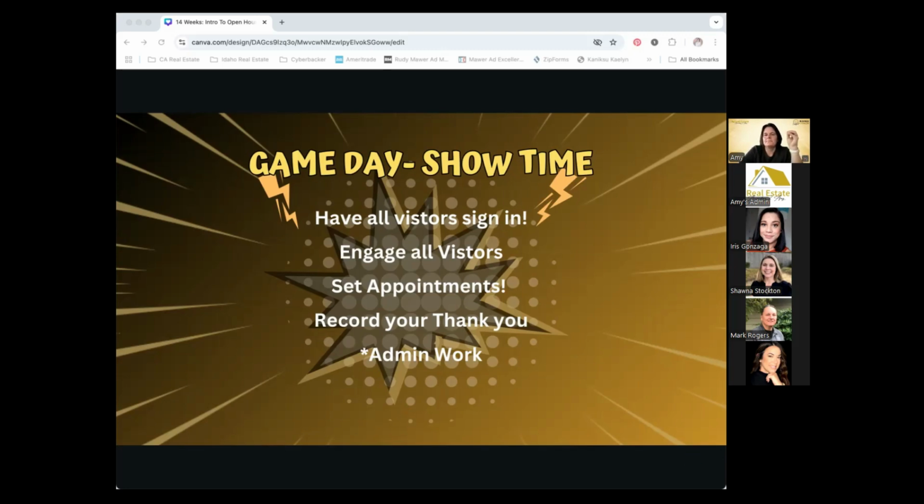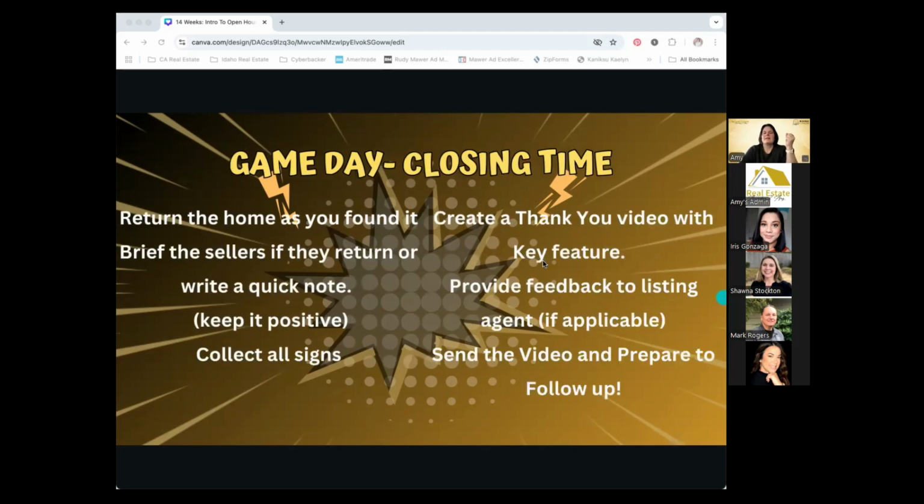All right, closing time. After the open house, you're going to want to return the house to its original condition. So secure those doors and windows, close them, lock them, turn off lights, unhide any items that you may have stashed prior to the start of the open house, and return the thermostat to the temperature it was when you arrived. If I'm picking up my own signs,